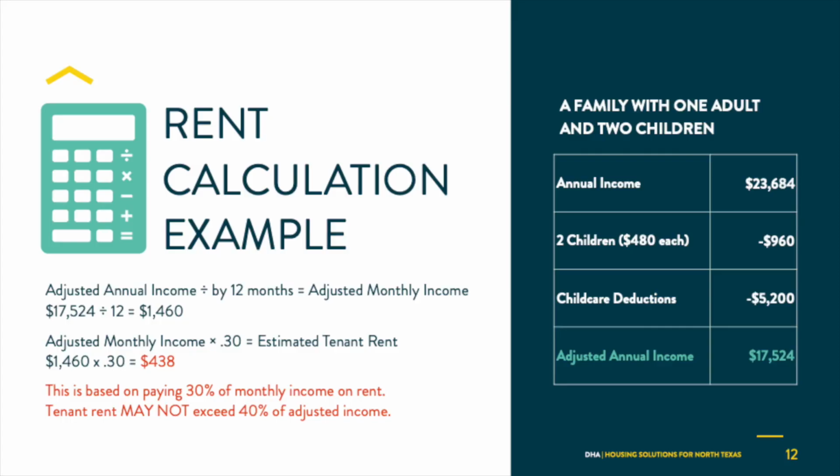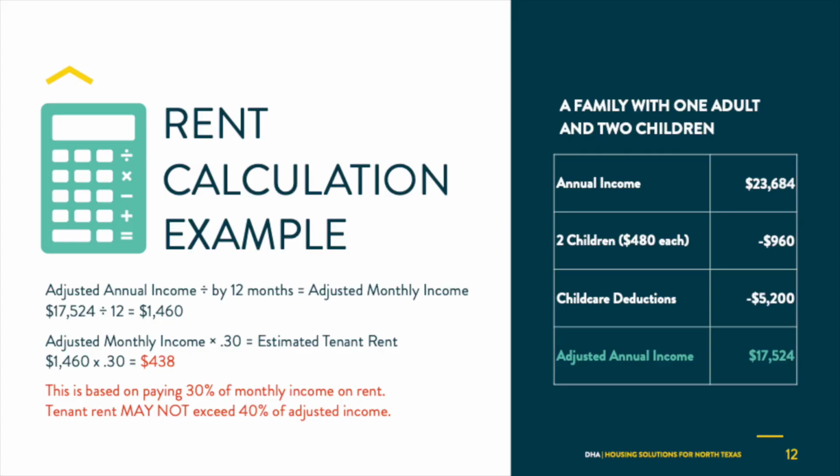$960. The family pays child care to enable the head of household to work. The annual unreimbursed child care expenses total $5,200. Although the program provides for other allowances and deductions, in our example, the family only qualifies for the dependent and child care deductions. The next line shows the adjusted income, which is the total annual income minus the total allowable deductions. The adjusted income in our example is